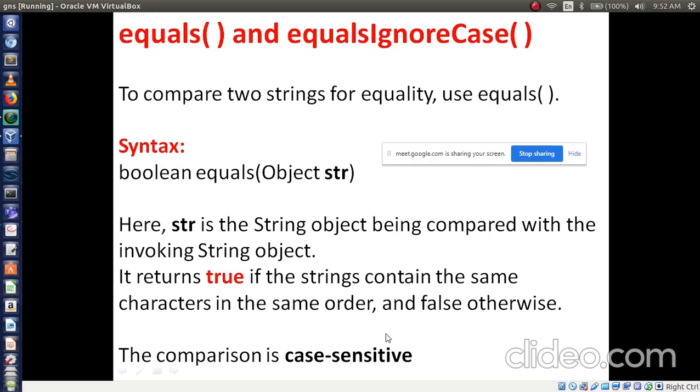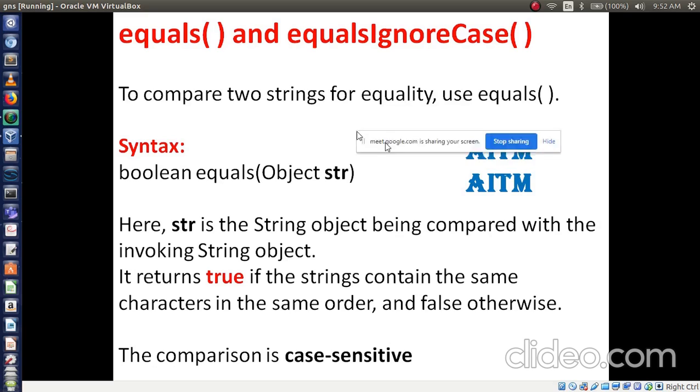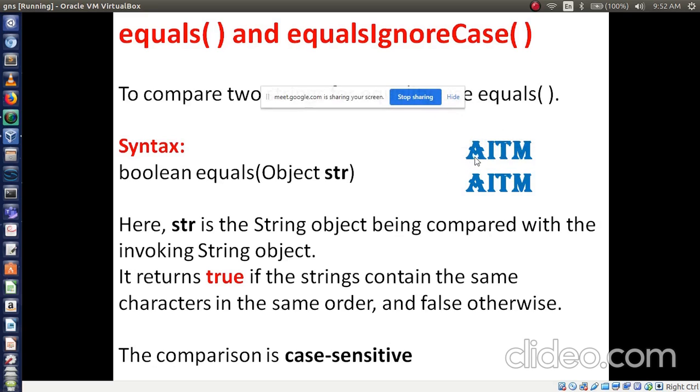Okay, let's see one example, then you are going to understand. aitm, aitm, both the strings are same. In this situation it will return true. What value will you get? True.